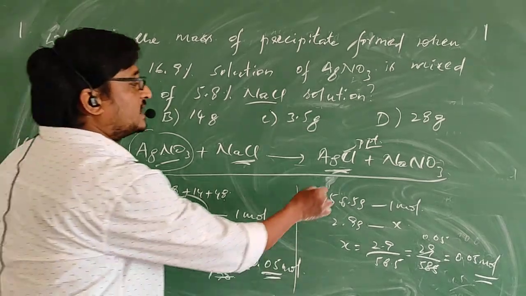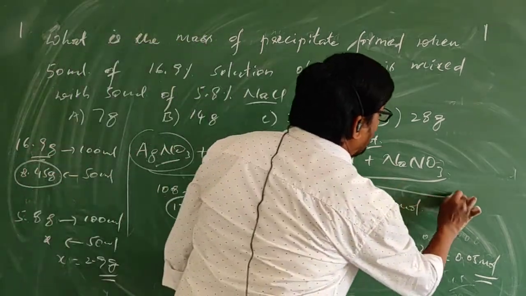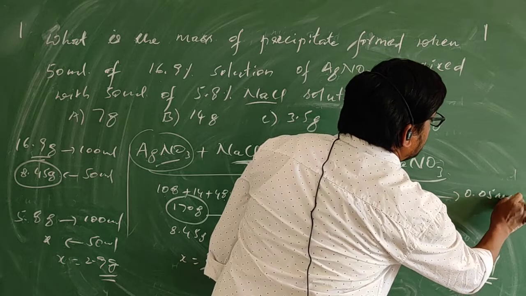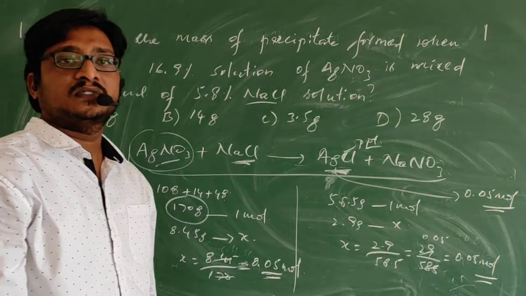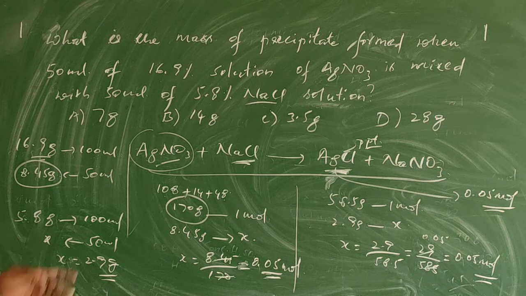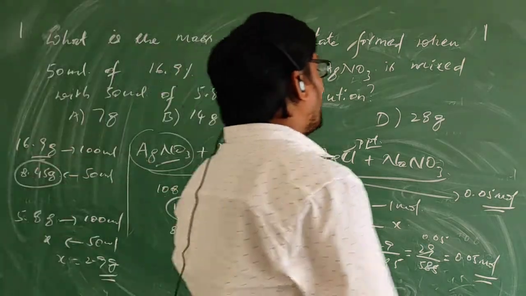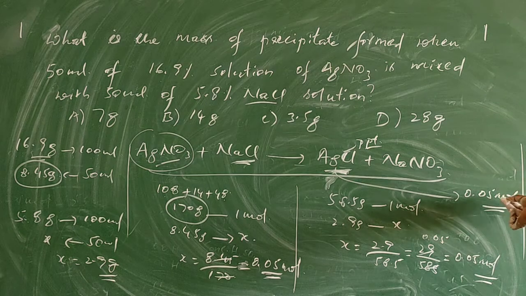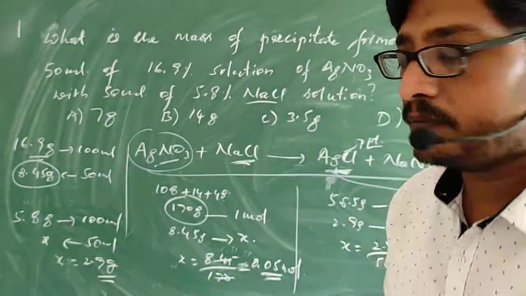Then the amount of silver chloride that gets produced will also be 0.05 mole. He is asking the answer in the form of mass. In the form of mass means 0.05 mole of silver chloride got produced. Now,